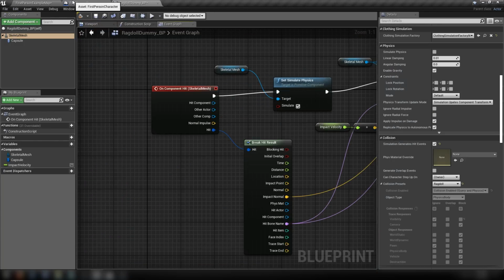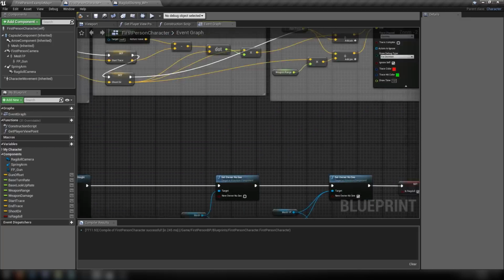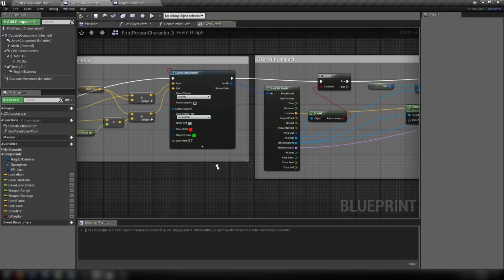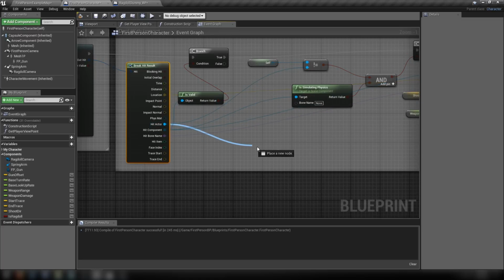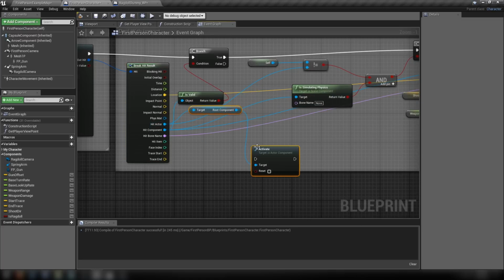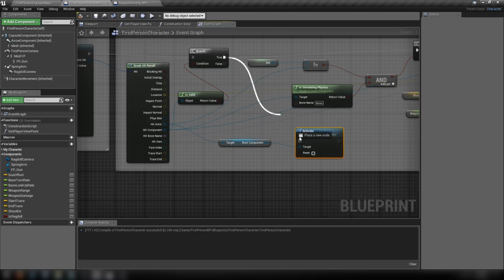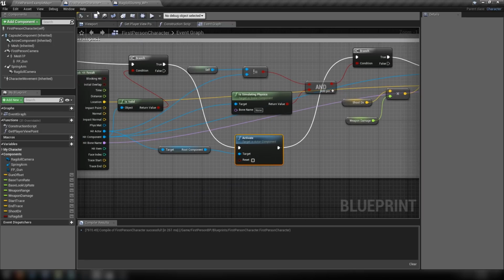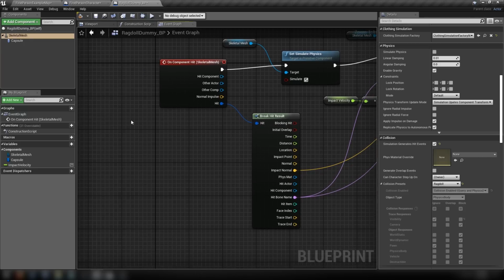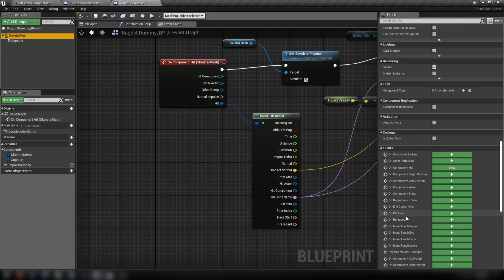Okay, here's what we're going to do. So we'll go to first person character. Here's our line trace, here's our deal with impact. What we're going to do is get this hit actor and we will activate. And this should get us a root component and an activate node, which we'll just connect up to our chain here, just like that. So we'll compile, head back over to our ragdoll blueprint, we'll get our skeletal mesh, and